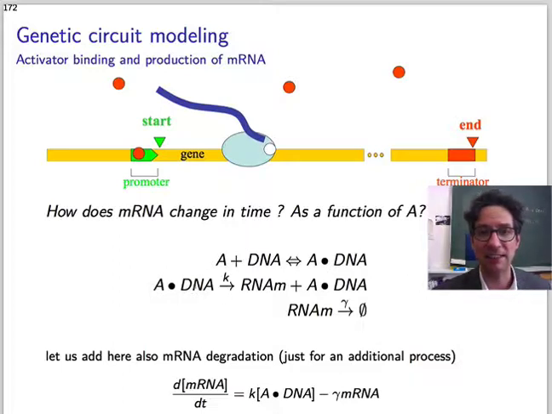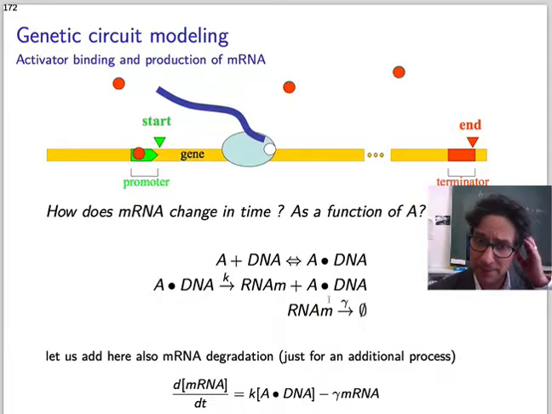So, seeing this as a first order reaction, the differential equation for messenger RNA concentration is that it is expressed at some given rate, given by some kinetic parameter, K, and since there is another reaction where messenger RNA is involved, the degradation, in the differential equation there is the term for degradation, which is here a first order equation. So simply applying chemical kinetics, we can generate a differential equation for the evolution in time of our gene product,